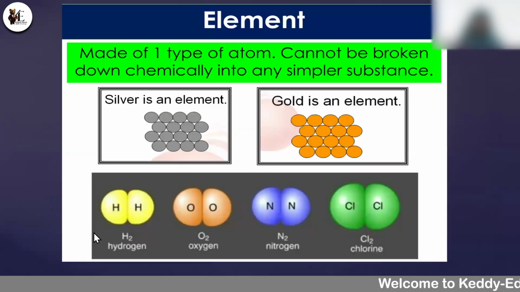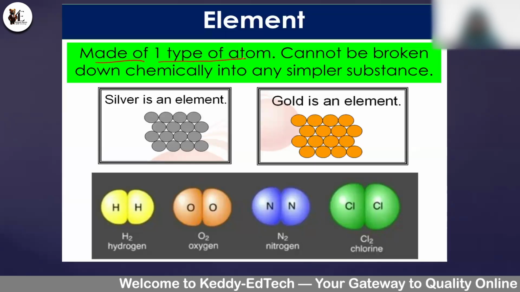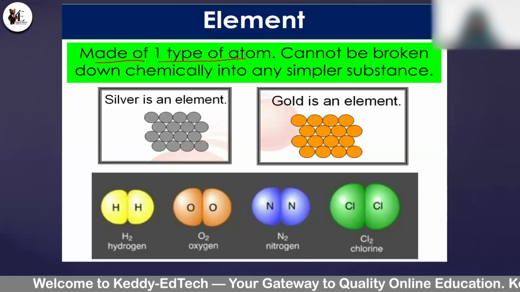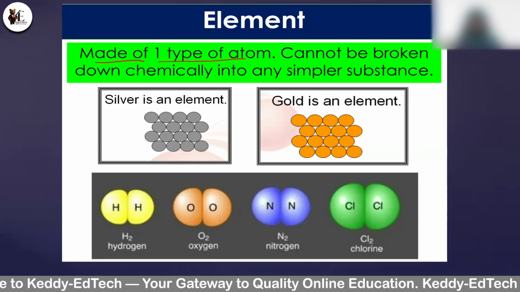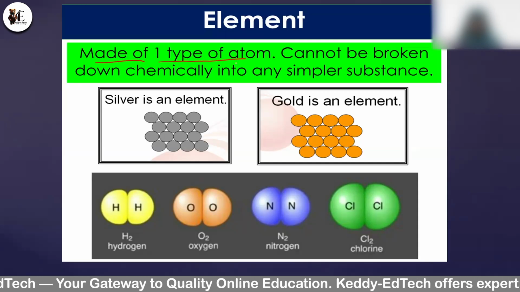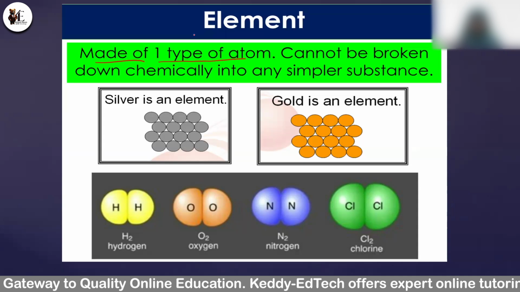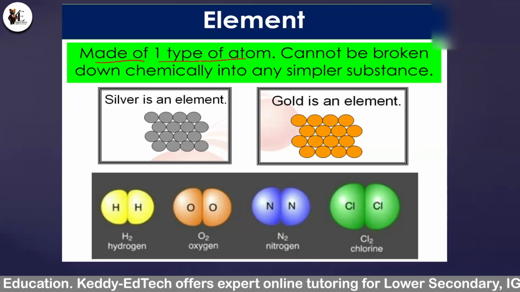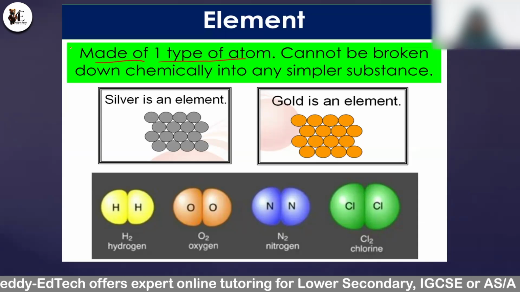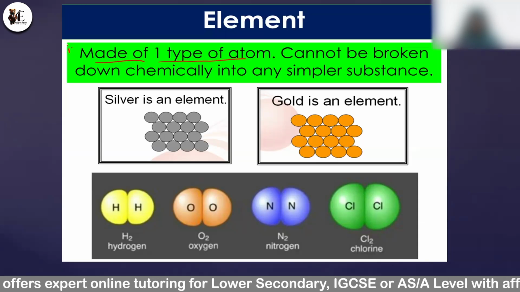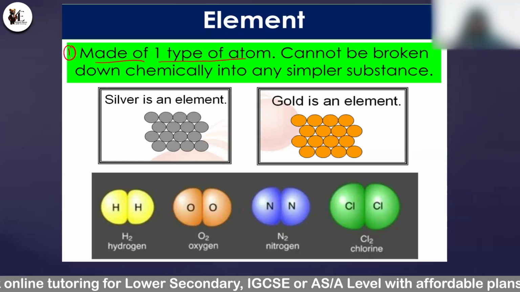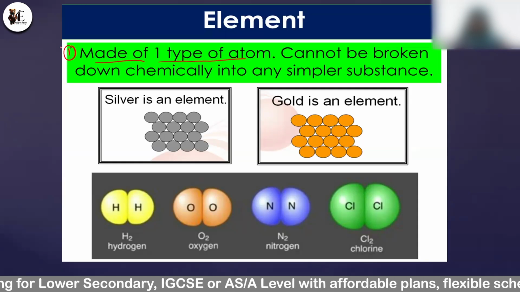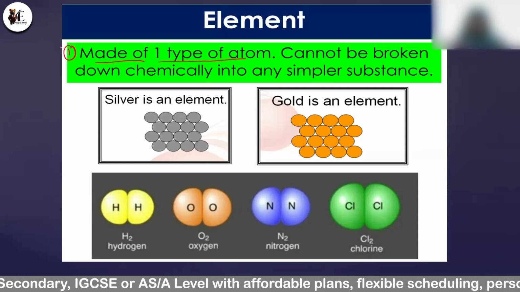Now, if I ask you what is an element, define element. So you will say that elements are made up of only one type of atom. A very easy, very basic and accurate, to-the-point definition: elements are made up of only one type of atom. Repeat after me. Elements are made out of only one type of atom. So this is the first definition. If the question comes for 1 mark, you can write down elements are made up of only one type of atom. You can quote 1 or 2 examples. Everything in the periodic table is an element only, right?